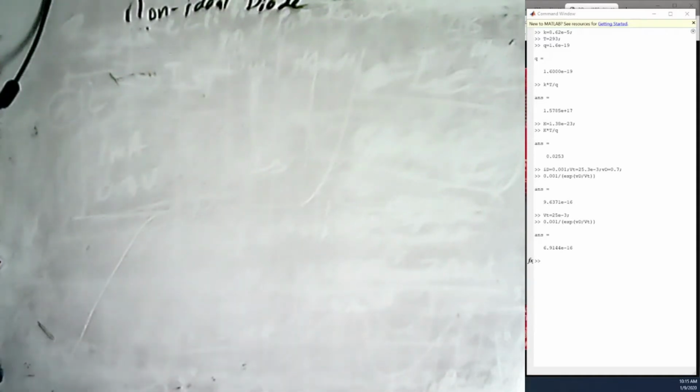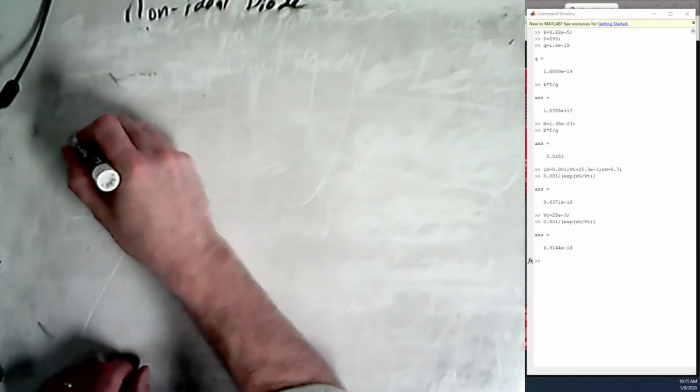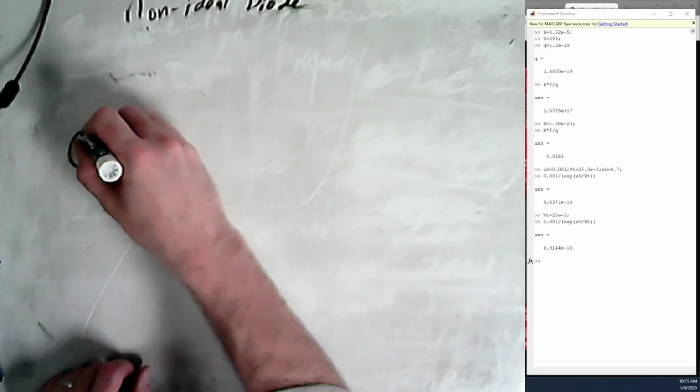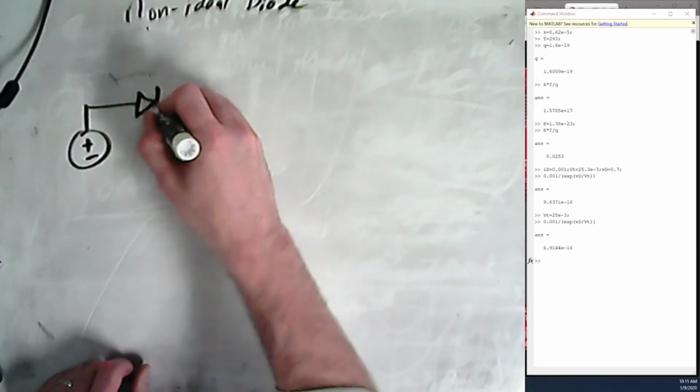We're going to continue our delve into the non-ideal diode. And the way that we're going to do this, we're going to draw something very familiar. We're just going to do it DC. We're going to put our diode here,